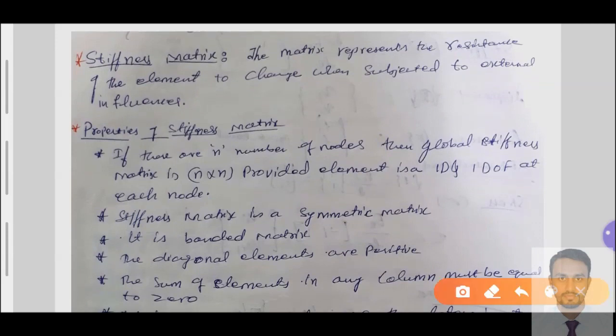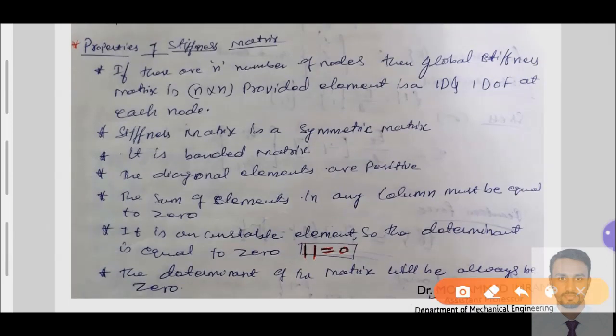Now we got the idea about a stiffness matrix. Then we need to get the properties of a stiffness matrix. What are the properties of the stiffness matrix? Very much important. The properties of the stiffness matrix are enlisted here. We need to know all these characteristics, then only it is possible to identify whether the derived stiffness matrix is right or wrong. How do we identify? If we know the characteristics of the stiffness matrix, we can easily justify that the derived generalized equation or matrix of the given problem is correct.